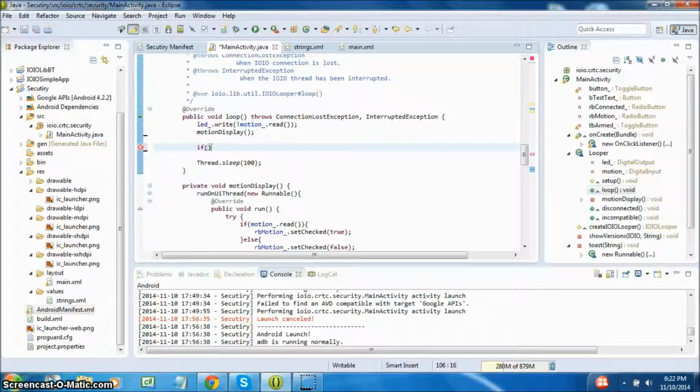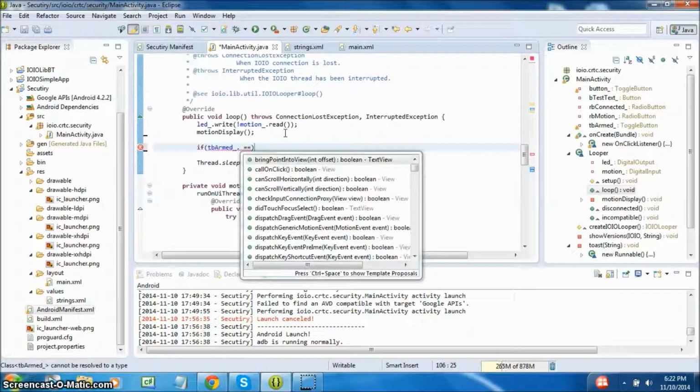So if toggle button armed underscore double equals, which is a comparison, TB armed underscore dot